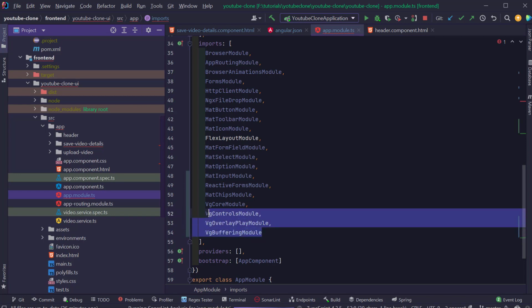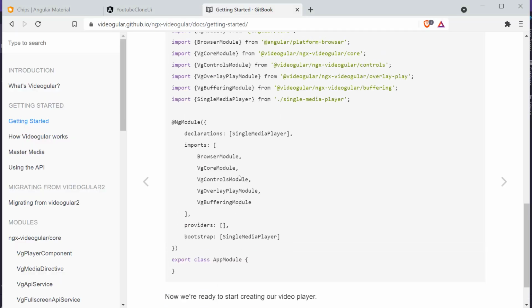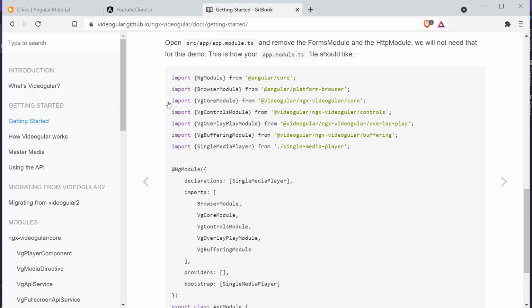Once all modules are imported, the import statements should look something like this. If you don't want to type all these import statements manually, you can also copy them from the documentation website, and